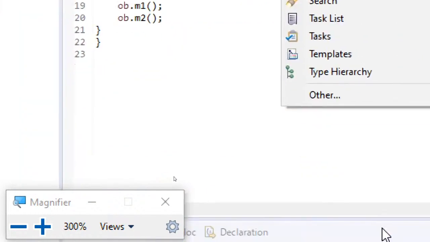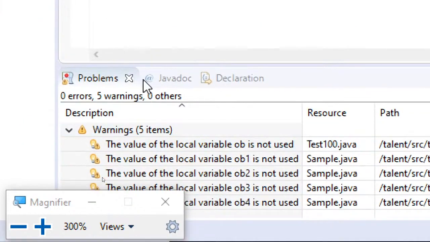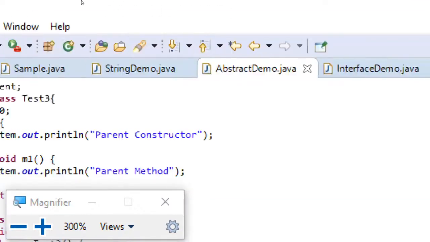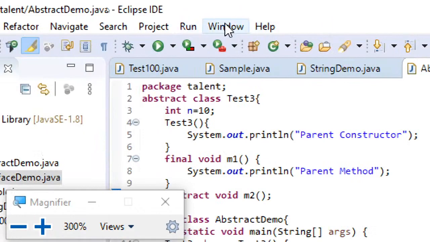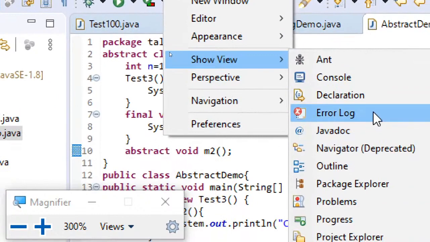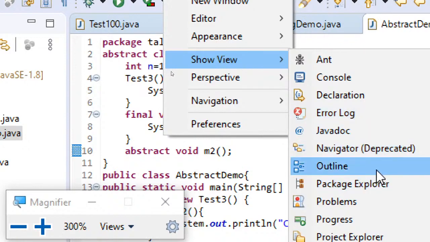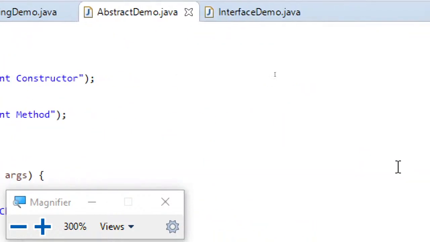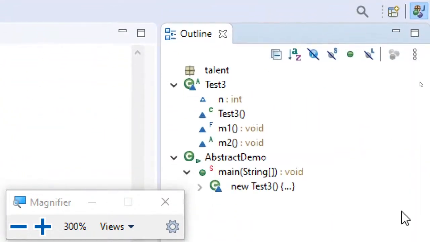Similarly, this entire window might vanish sometimes. I mean, this entire window may not be shown to you in some cases. At that time also, you can go to Window, Show View, and choose Error Log. Again that window gets opened for you. Similarly, the outline window, generally we will not be using this. That is the reason in my first class itself I said you can keep closing all the windows that are not necessary for you. So if you want the outline window, you can click on Outline, and here you can see the outline window will come.